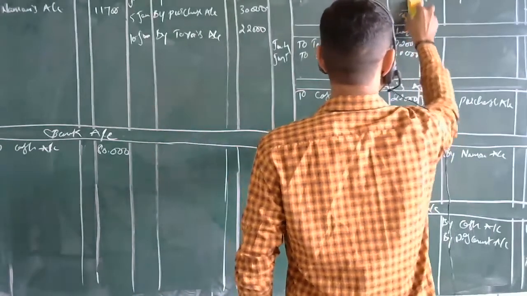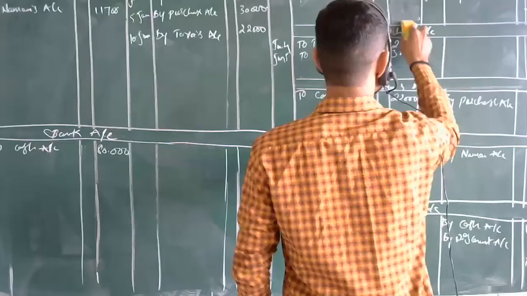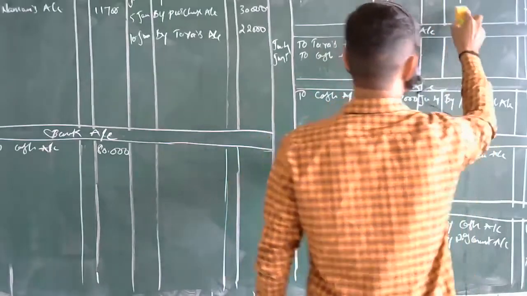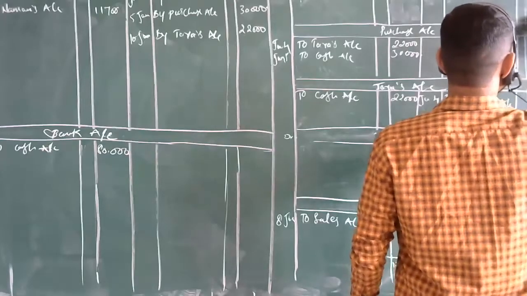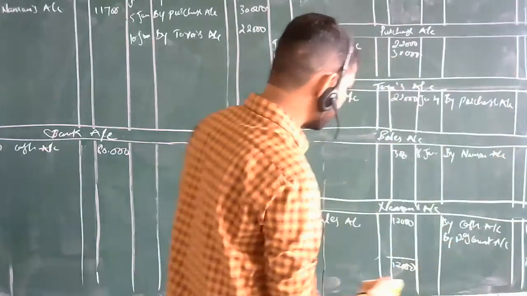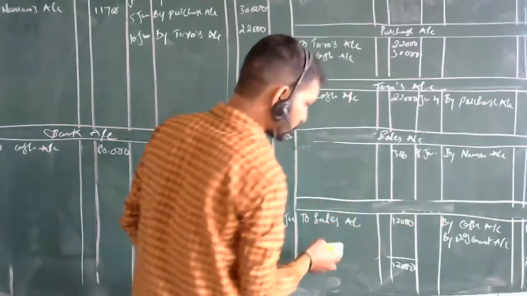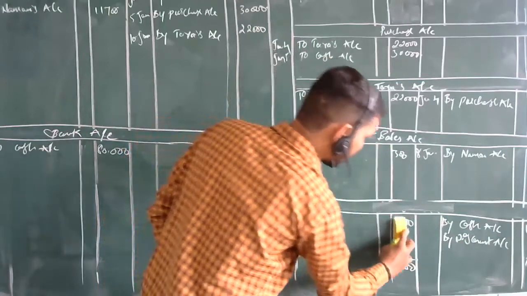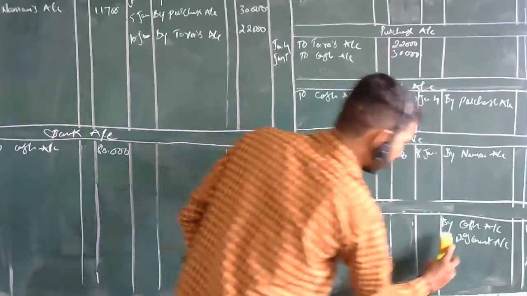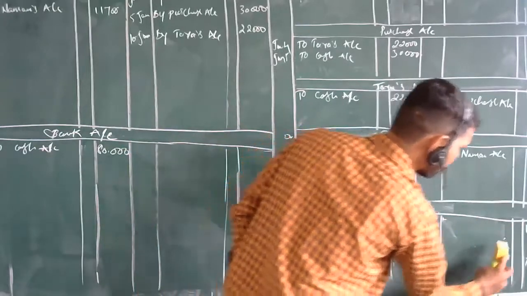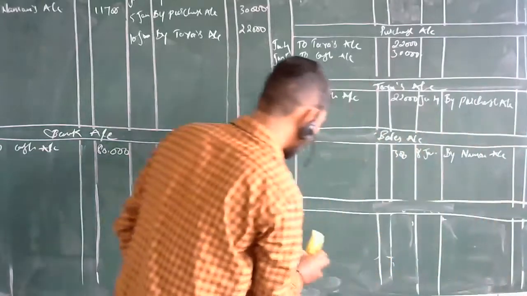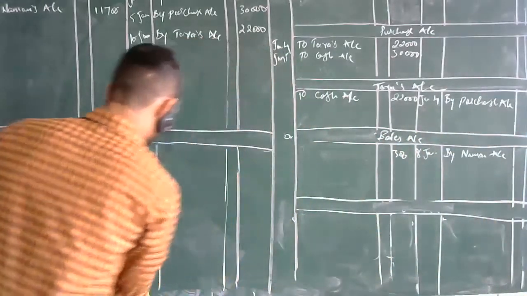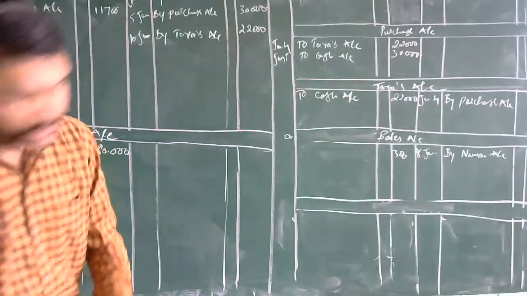Understood, sir. Part what I have shown over here? See, we are unable to take all the ledger accounts individually here on the board, because nearly 16 ledger accounts we are having here. So it is too big a part. Just like how the things get adjusted over here, I will complete the part, and the remaining after the class I will send you all the answers individually, how the accounts are being taken. So the next entry we are going to open is wages account.